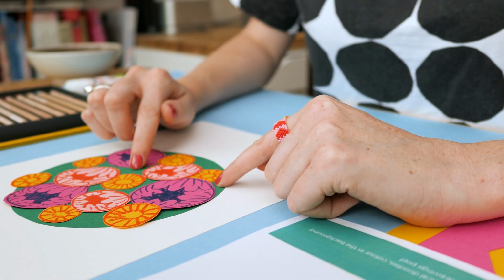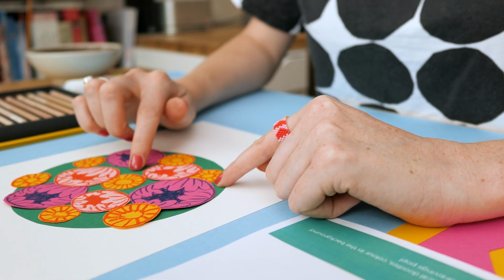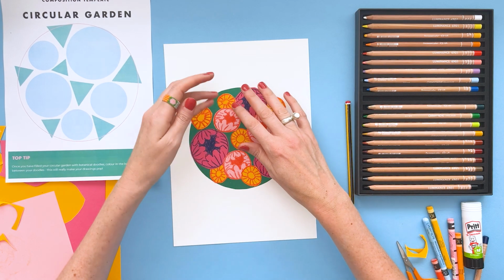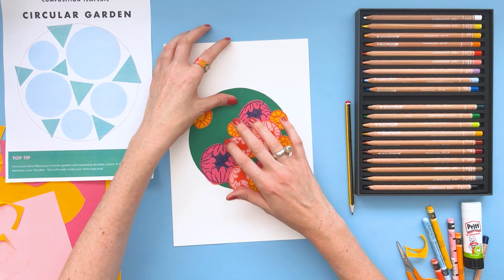So I'm pretty happy with how the shapes are all working together in terms of balance. Now what I want to do, just to really lean into this idea of layering, is think about adding a bit more embellishment to the whole thing. And one of the things that I'd like to do is introduce a little bit of texture and mark making to the background piece itself. So I'm just going to take this out from here,